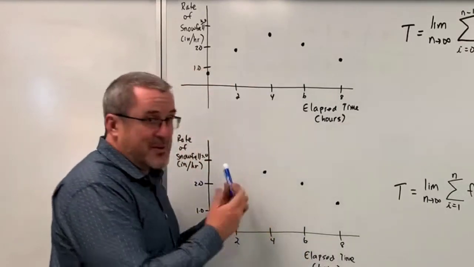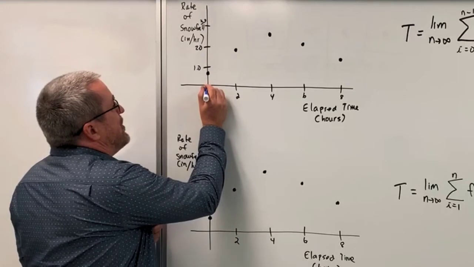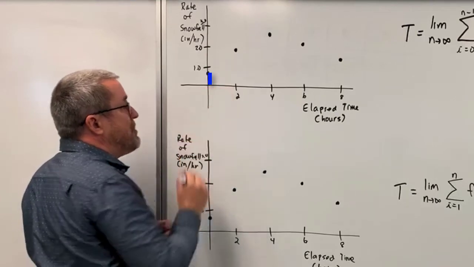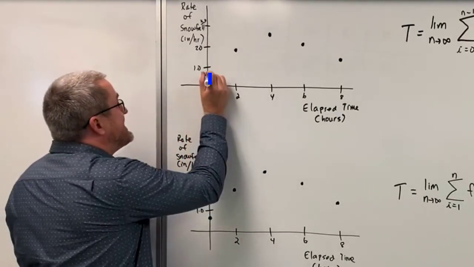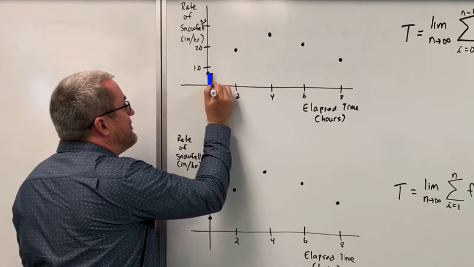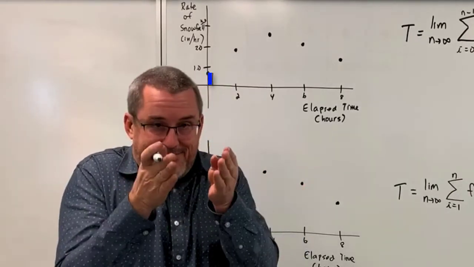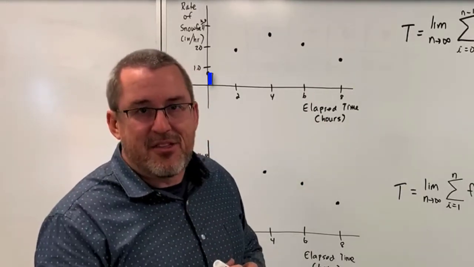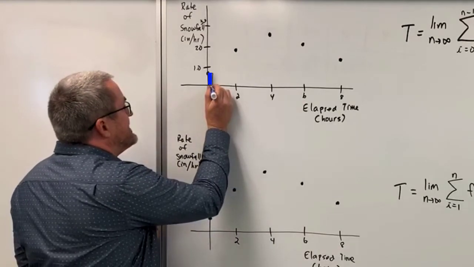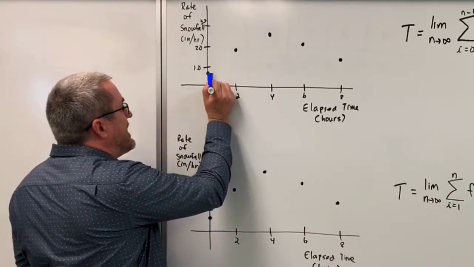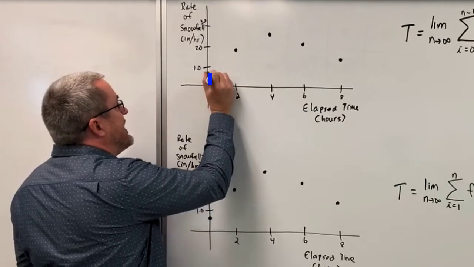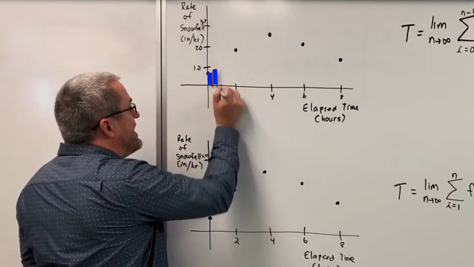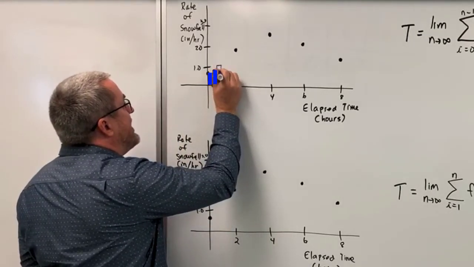In that case, here's what we would have. In a left-hand sum, we would say at time 0, we're going to find that snowfall rate, but we're only going to follow that rate for just an infinitesimal amount of time. Now I know in my drawing, I've drawn it as big as I've drawn it, but inside of my head, I've drawn that rectangle infinitesimally thin. And we get to the next interval of time, and we find a rate from here to here using the left-hand side, but maybe we get a different rate, and we find the area of that rectangle. And then for the next interval of time, we get another rate, and we find the area of that rectangle,